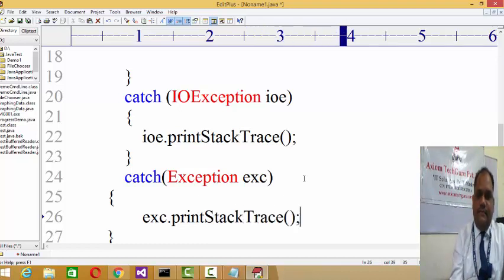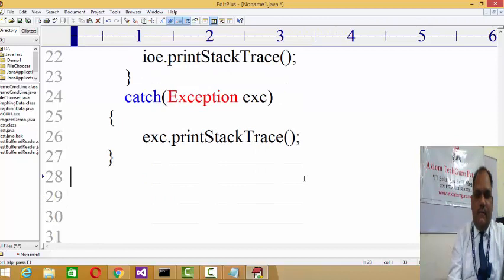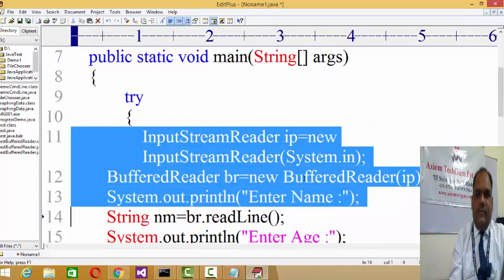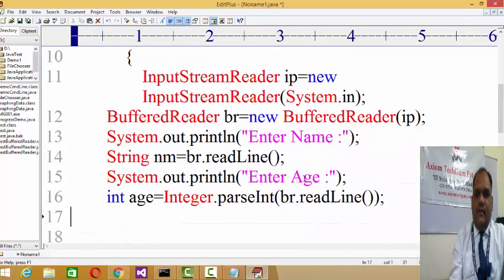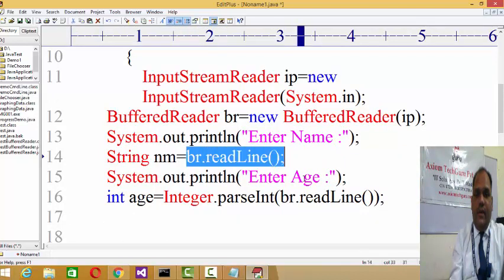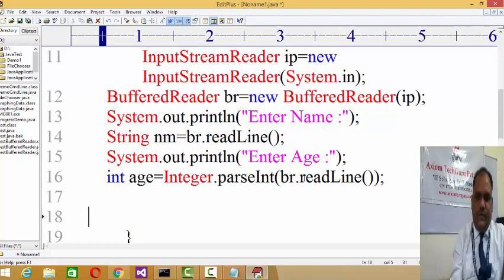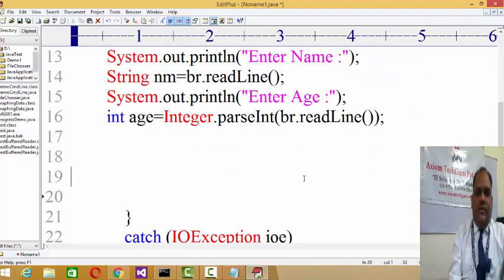Print stack test. Now here I read the data from the user, right? And then br.readline provides you the method to read the data from the buffer. If it is integer or any float, obviously if you are reading the float type of data, then you have to use Float.parseFloat over there. So I read successfully the name and age, so I can try